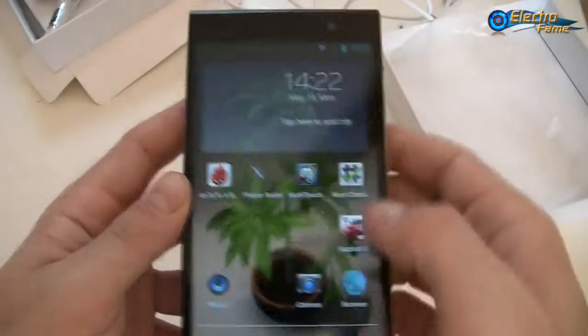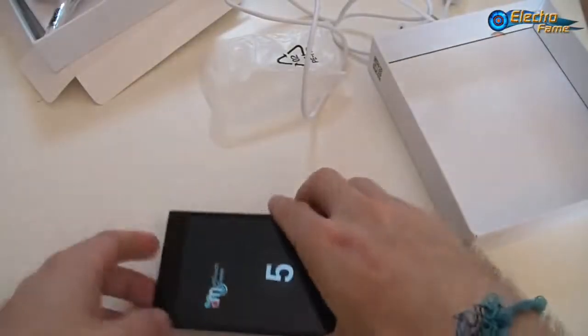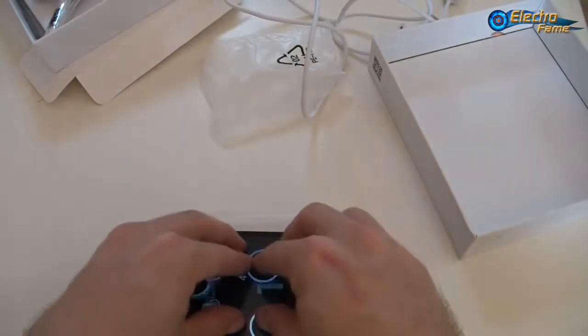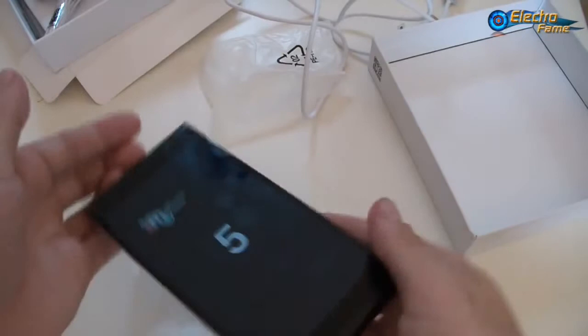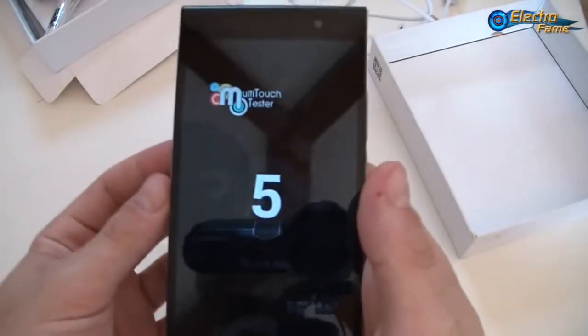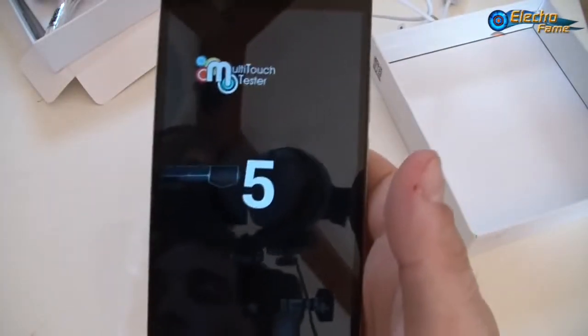So we can come back now and have a test on the multi-touch. So if we try, as you can see, this is a 5-touch IPS screen. Okay,